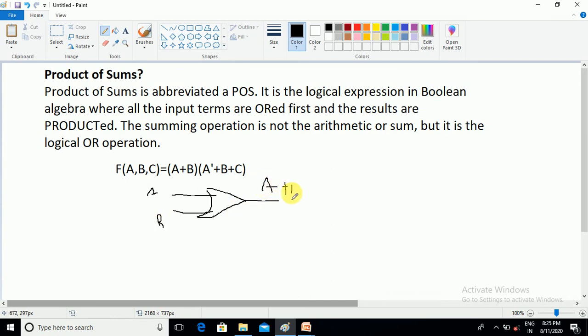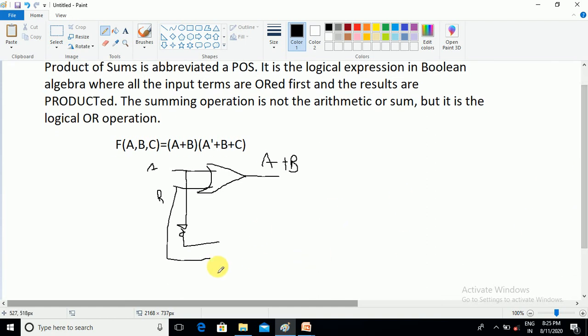Okay, after that a dash, you need to take a dash now. So just drag from this point and pass it through the NOT gate, which will create a dash. And a dash plus b plus, b is already created over here, you just drag from this point, and after that c. Okay, now the c signal. So all are again summing one to each other, which will create a dash plus b plus c. Okay, now after that these two signals are ANDing one to each other.